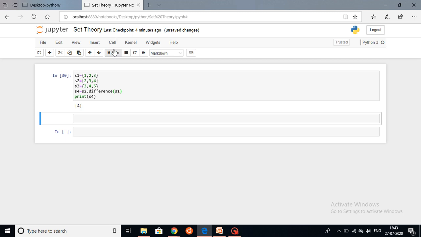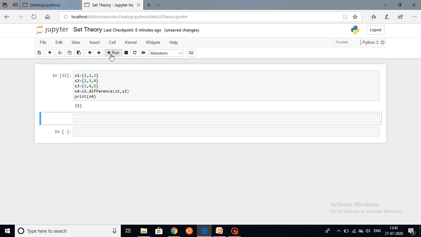Now if we want to have the values that are in S2 but not in S1 or S3, then we will use S2.difference(S1, S3). From the output we can see we have an empty set, and that is because when we look at S2, it doesn't have any values that aren't in either S1 or S3. 2 and 3 are in S1 and 3 and 4 are in S3. Now let's get the values that are in S3 but not in S1 or S2. The output is 5.